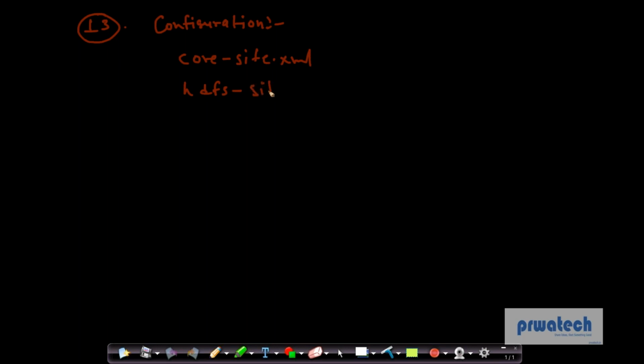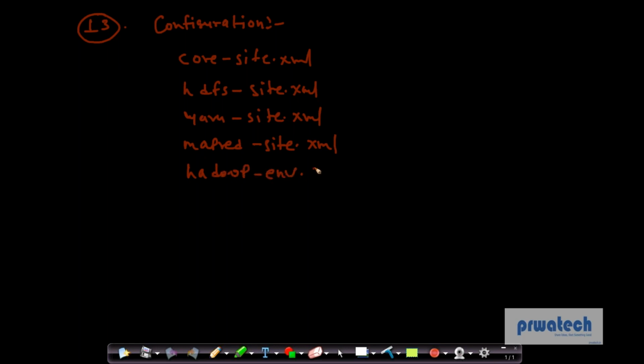HDFS-site.xml, yarn-site.xml, mapred-site.xml, and hadoop-env.sh. Okay, but where I can see, we know already core-site XML is responsible for which configuration,